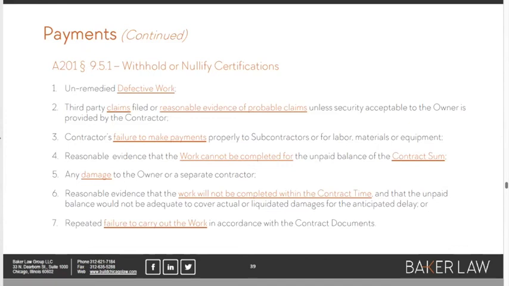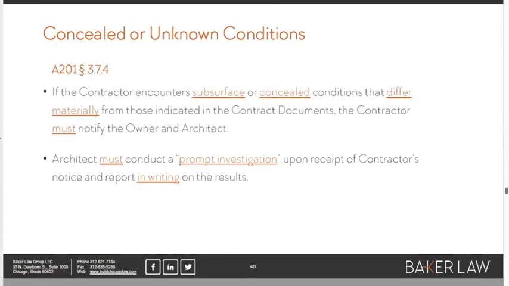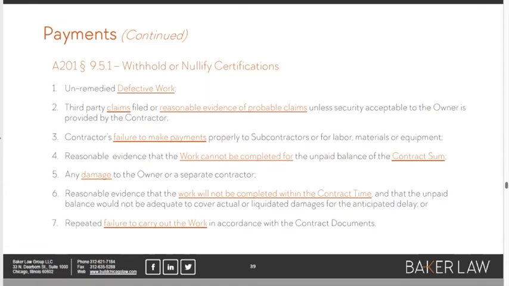Or what happens if, because of some problem with the work on the project, whatever the owners agreed to pay is not going to be enough to get the job done, right? Or what happens if there's damage to the owner? Okay. Or what if there's evidence that the project is not going to come in on schedule? Or repeated failure of the GC to carry out the work in accordance with the contract documents, and it carries on. Or actually, I'll stop there and go back and make the point before I move on,